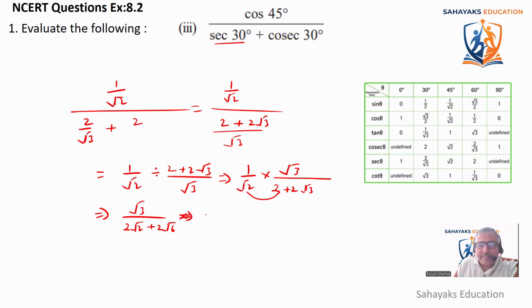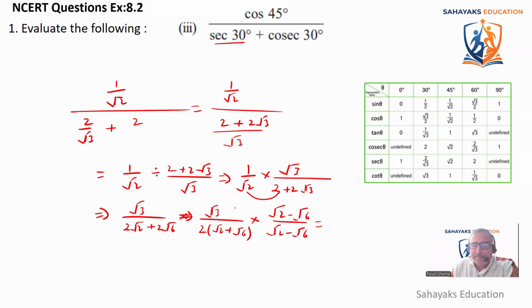I just first write it as it is, root 3 by 2 common. It becomes root 2 plus root 6. Okay, so I'm multiplying this entire equation by root 2 minus root 6, and root 2 minus root 6. So if I multiply it, it becomes root 6 minus, when I multiply root 3 with root 6, it comes out to be 3 root 2, divided by